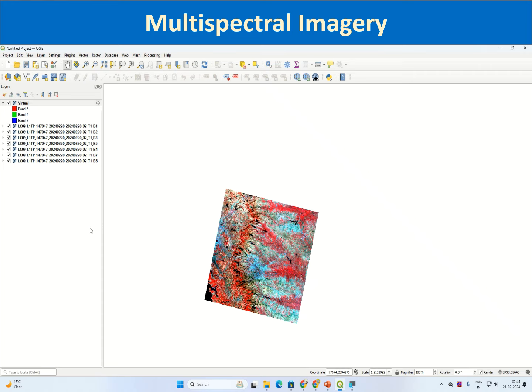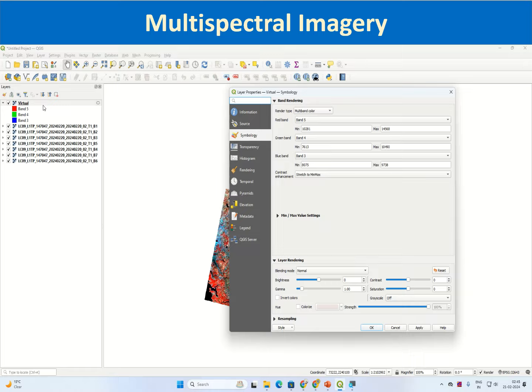combination can be used for identification of urban or built up area. Now, these are the various band combinations you will find in literature. I'm just implementing them, which are already known. So you can select the virtual again, double click the virtual layer. You go to